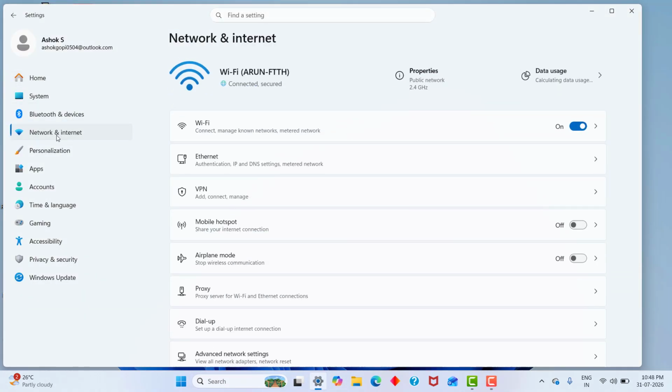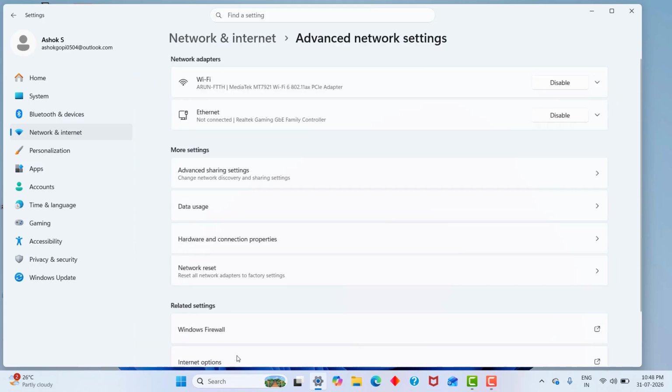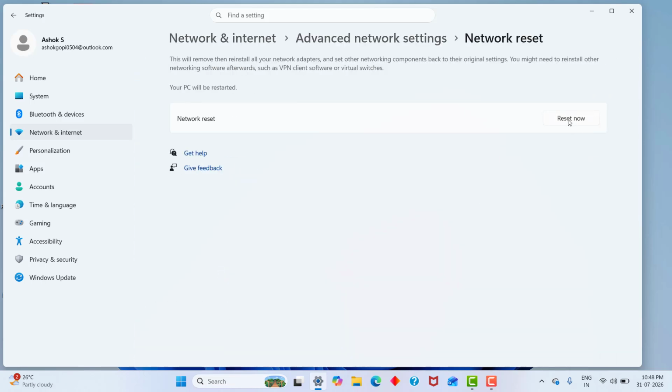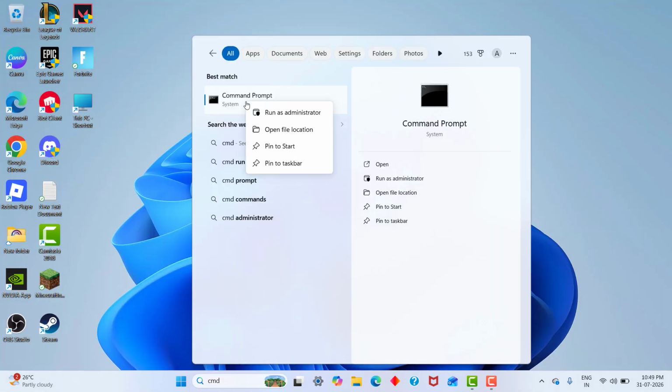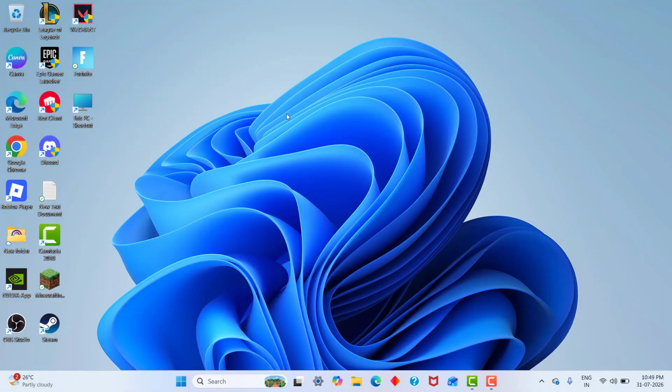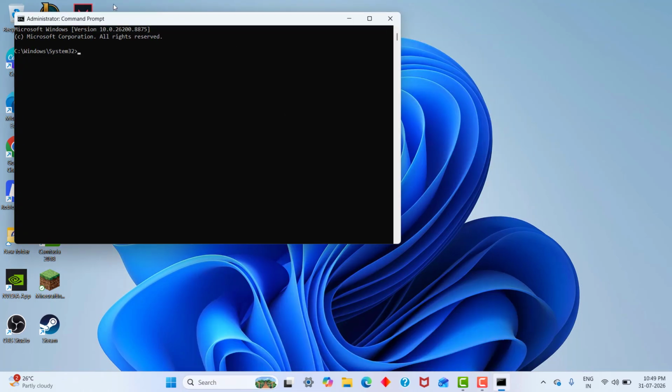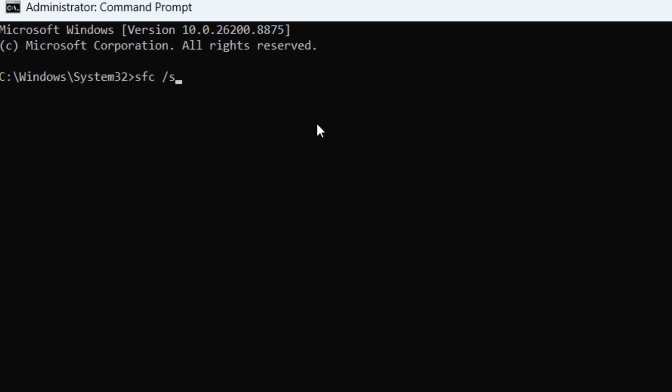Click settings, click network and internet settings, click advanced network settings, click network reset, click reset now and reset it. And move on with next step, search for command prompt, click run as administrator and type the following text sfc space /scannow. Click OK